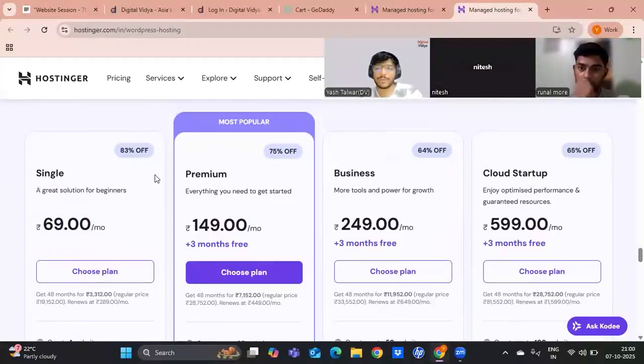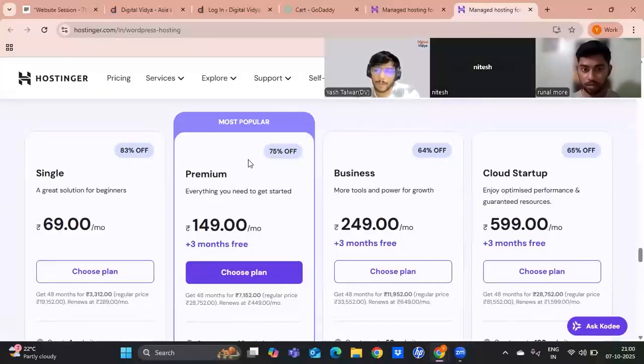My recommendation is to go for the premium, which provides the hosting and domain. So if you go for the premium plan, you don't have to purchase the domain separately. You don't have to search for it or purchase it separately. You just need to purchase this premium plan and they will give you a domain for free for a period of 1 year along with the hosting.